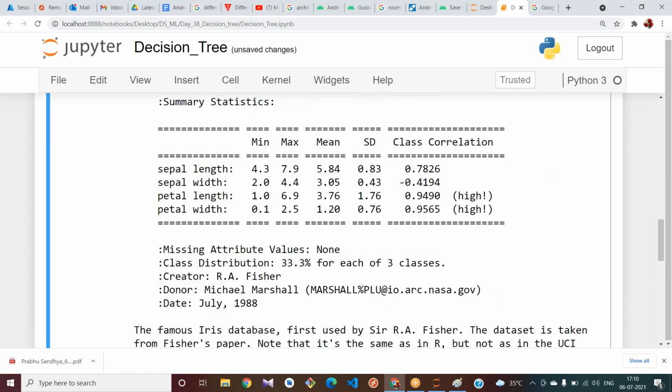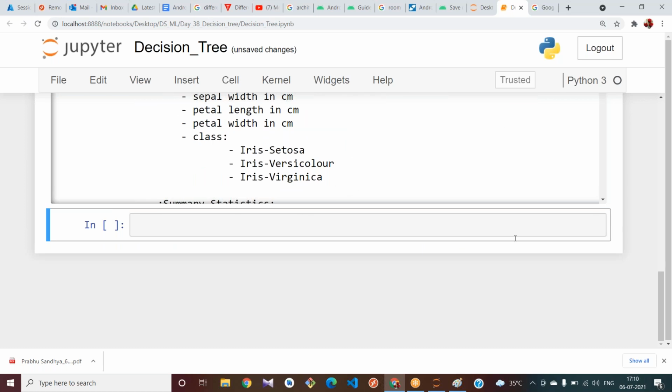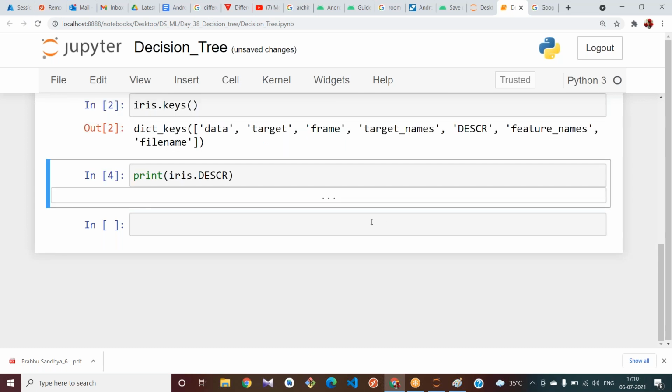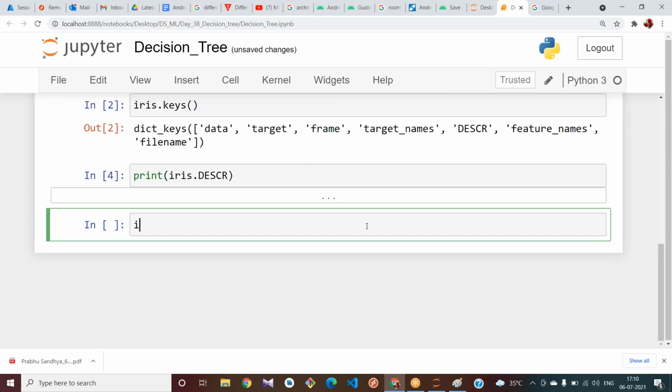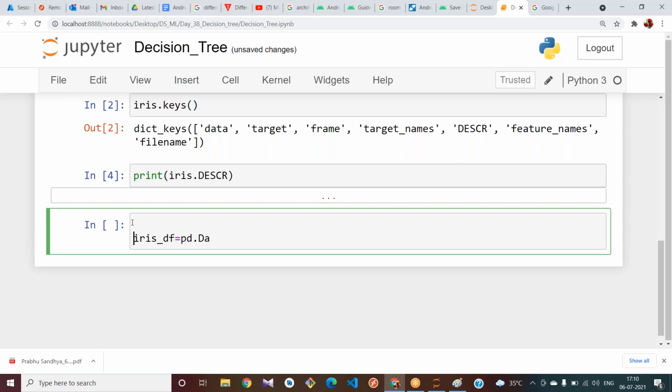Create a data frame now. How do we create a data frame? Iris underscore df equal to pd dot DataFrame. I need pandas here. Import pandas as pd. The steps are the same here. pd dot DataFrame of, where is my data present?